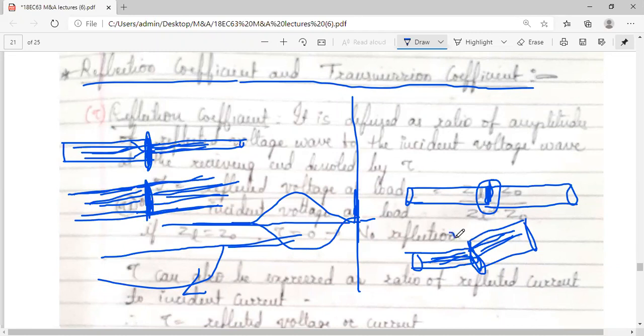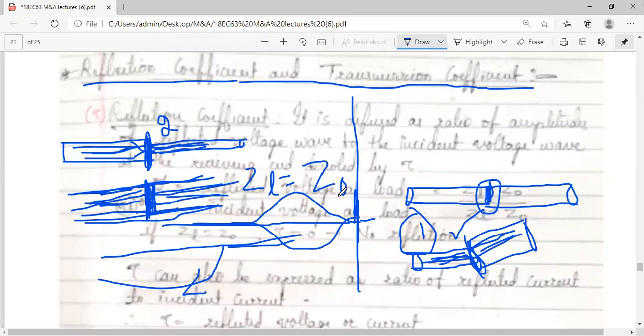In the water flow example I have given you, in the first case there is a mismatch, bigger and smaller, so there is a loss here, and here also there is a mismatch. When they are perfectly equal, and the wave that is traveling is transmitted completely without any reflection, we call it a perfectly matched condition. For a perfectly matched condition, whatever load you connect, I am talking about the transmission line load, it should be exactly equal to the characteristic impedance of the transmission line.